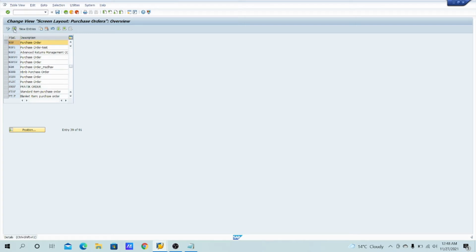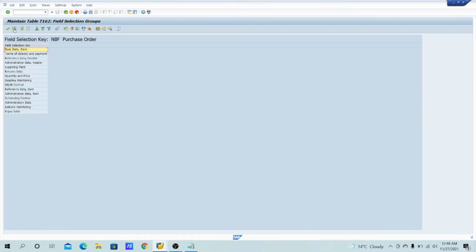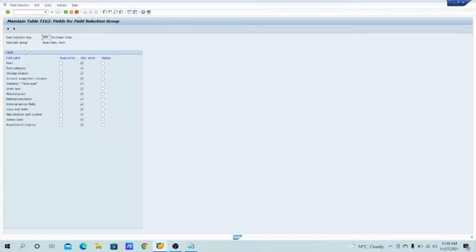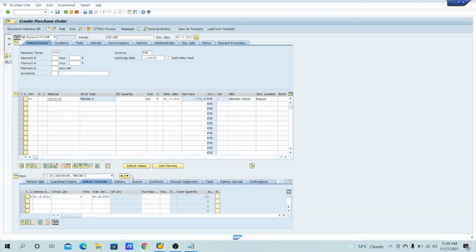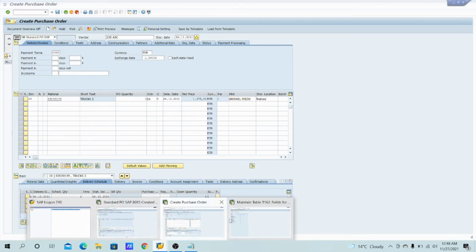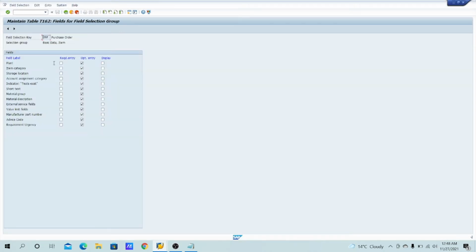In NBF, what I have to do is open it, open the basic data item or anything. Suppose you want the plant, see what's here in the PO, it was an optional entry, so we can make it a required entry, or display.